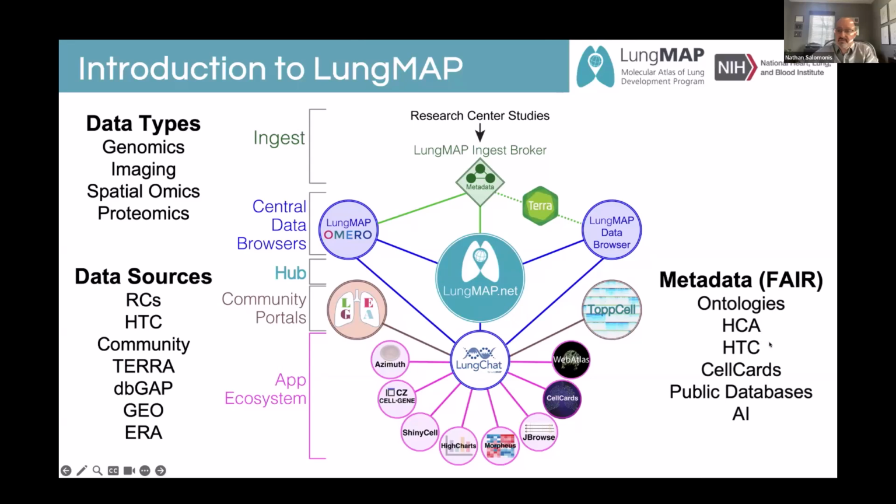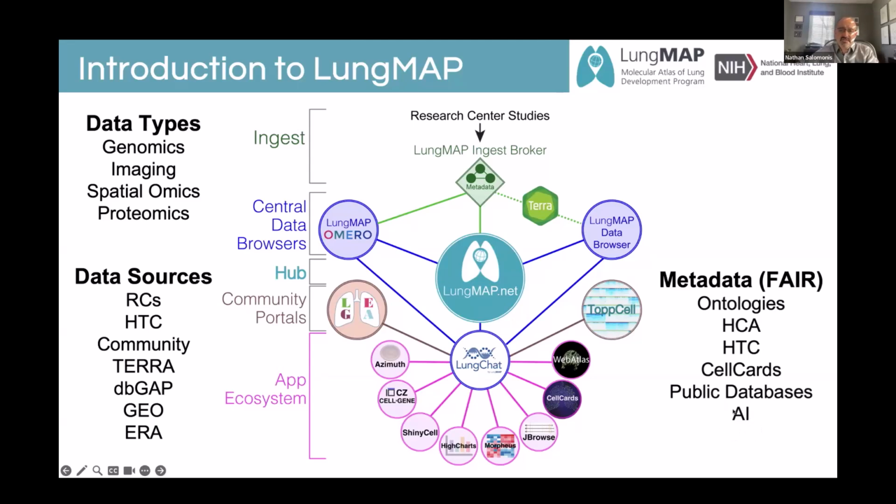It's a well-established schema. And we try to align our cell annotations through an initiative called Cell Cards, which LungMAP is one of the leads of, that standardizes cell annotations for lung cell types, and have been more recently developing AI platforms